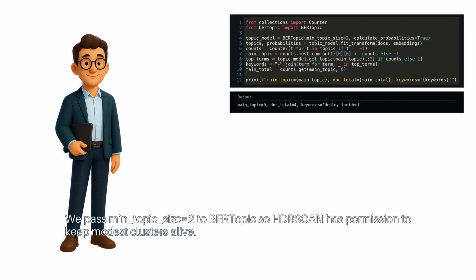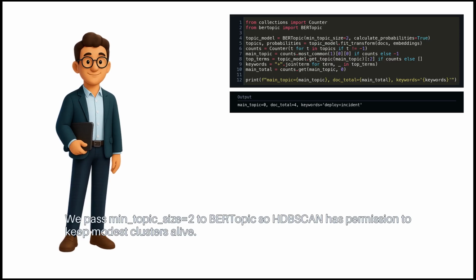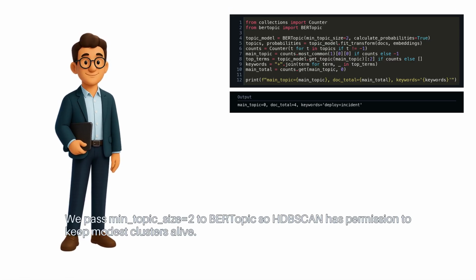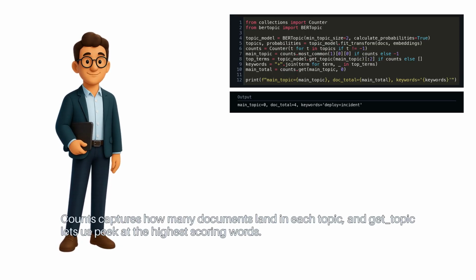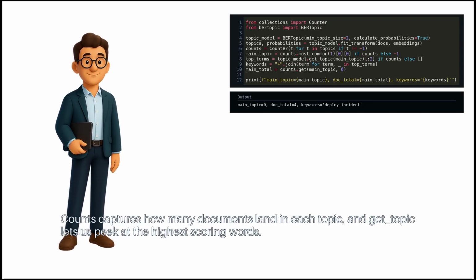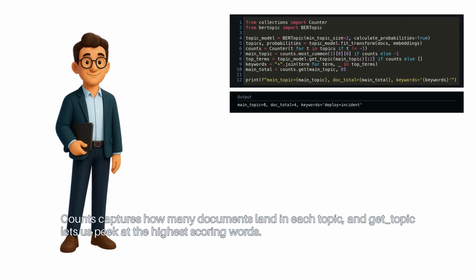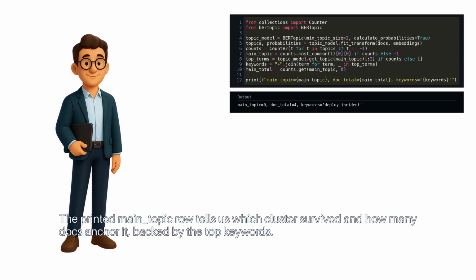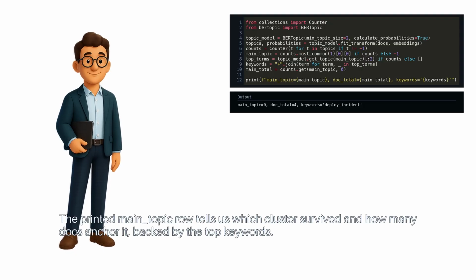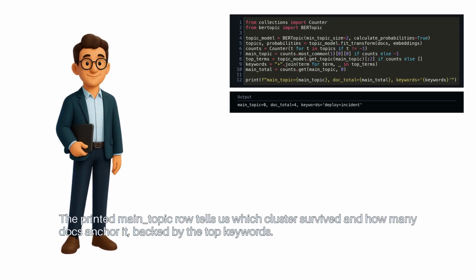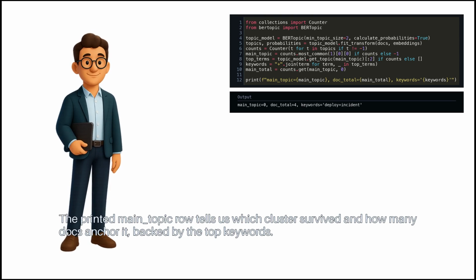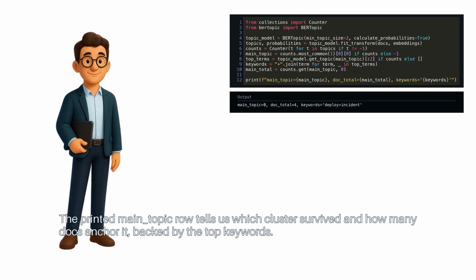We pass min topic size equals 2 to BERTopic, so HDBSCAN has permission to keep modest clusters alive. Counts captures how many documents land in each topic, and getTopic lets us peek at the highest scoring words. The printed main topic row tells us which cluster survived and how many docs anchor it, backed by the top